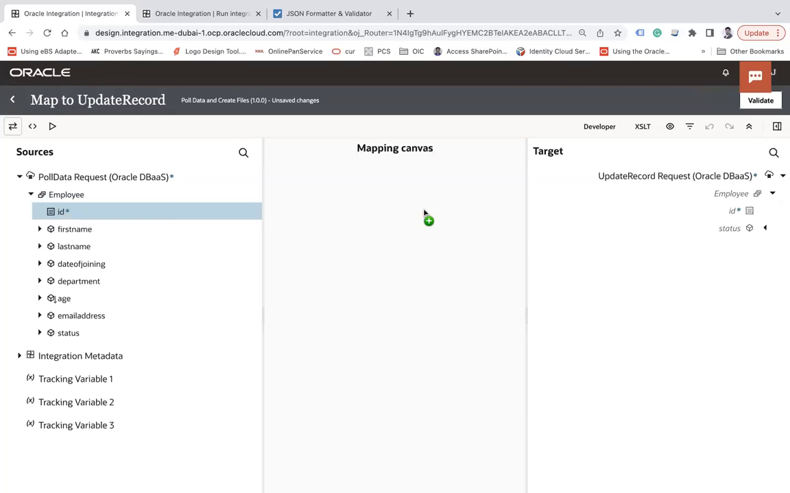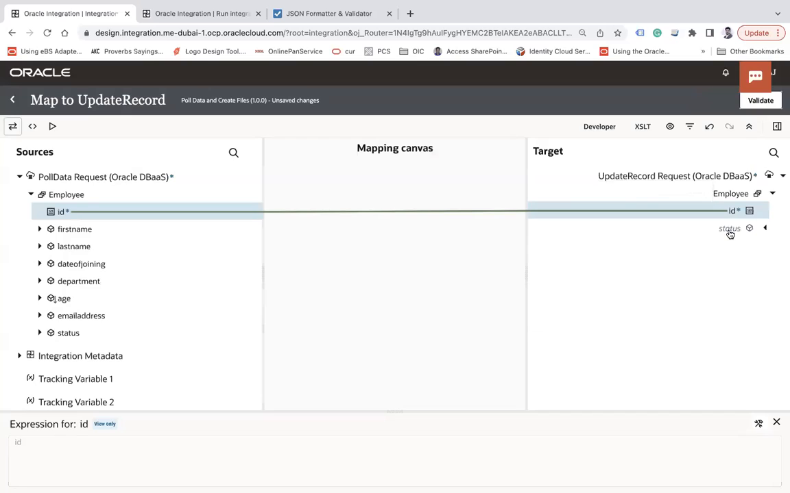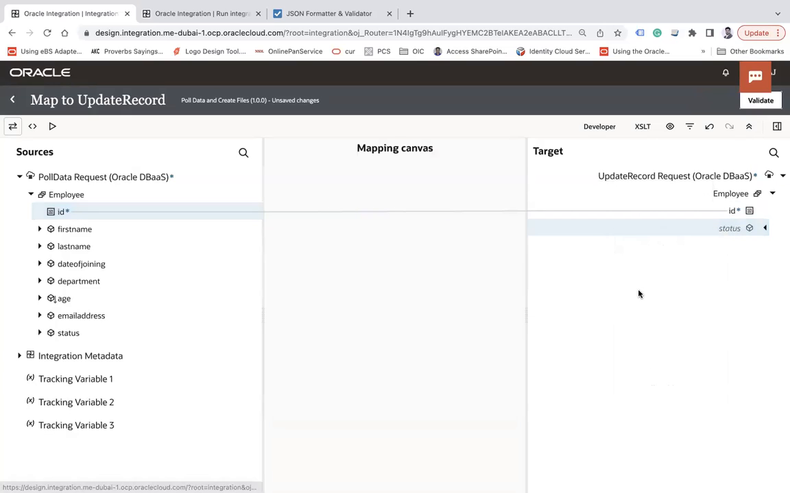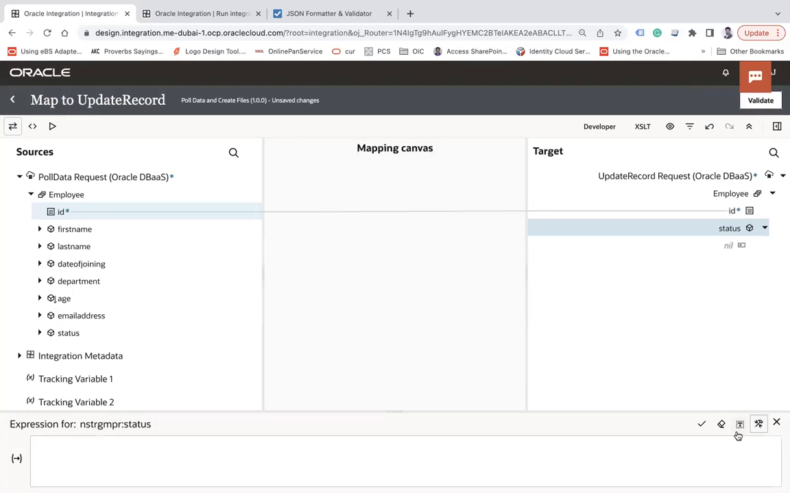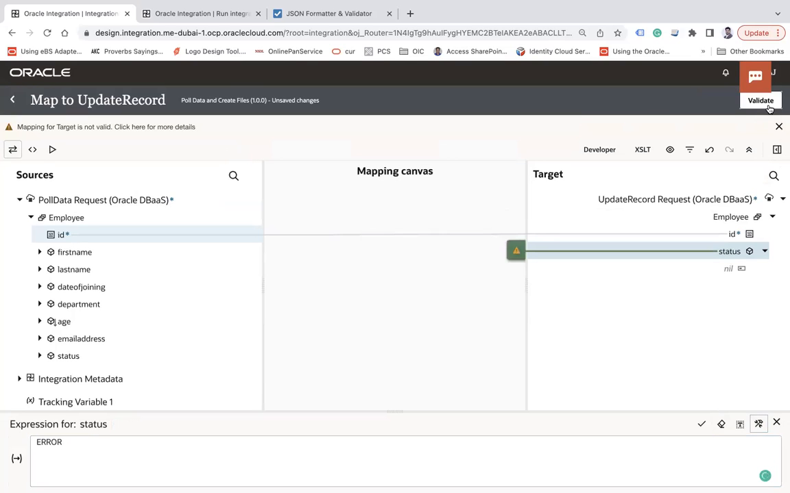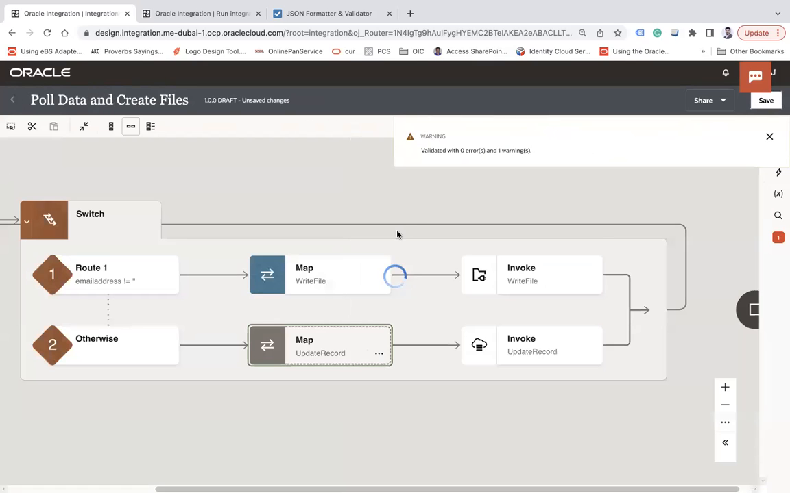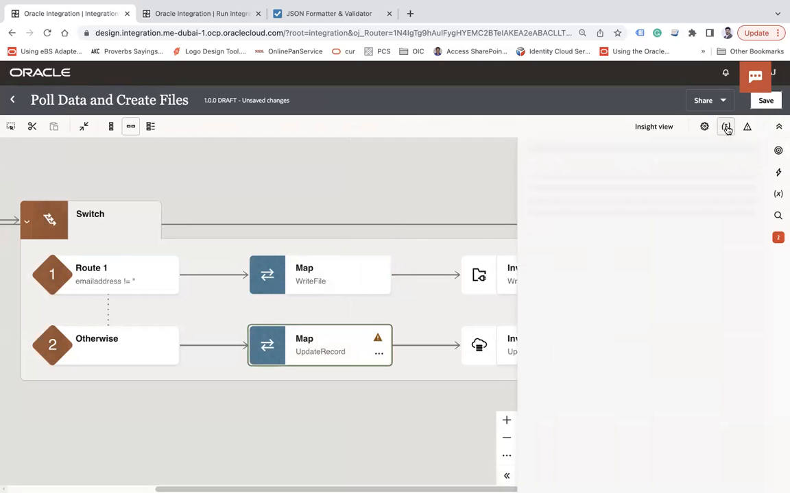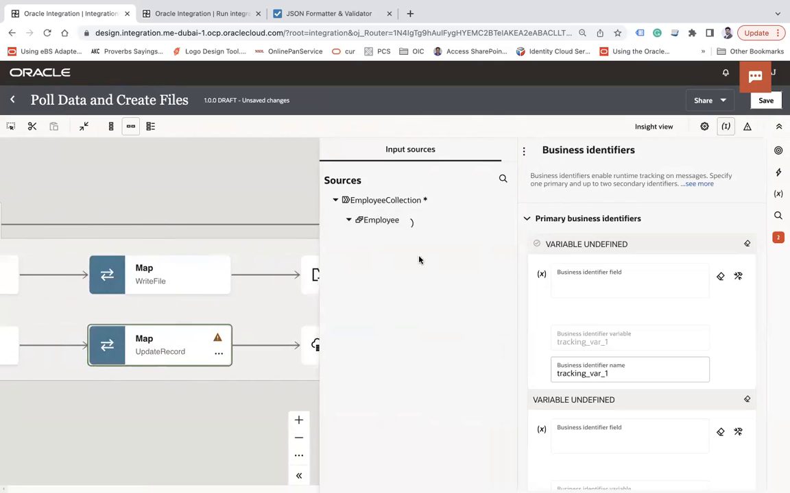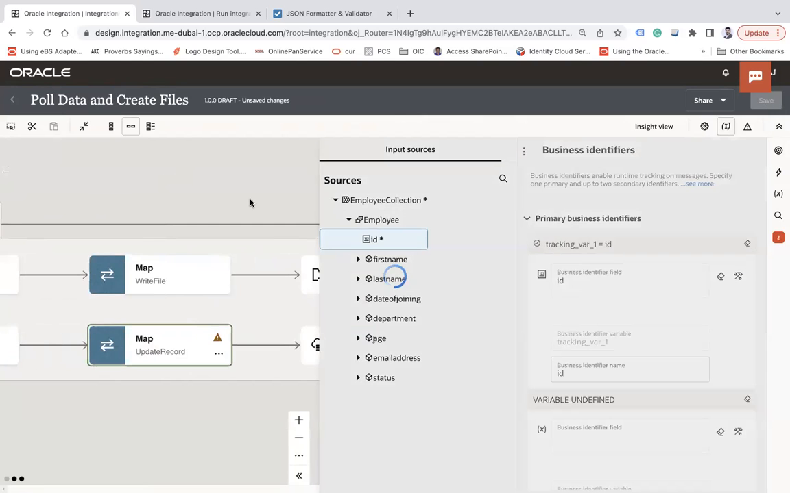ID, let's say ID, and let's say status, create target node, set text as error. Okay, validate, and then close. That's it. Now let's enable the business identifier, ID, save,